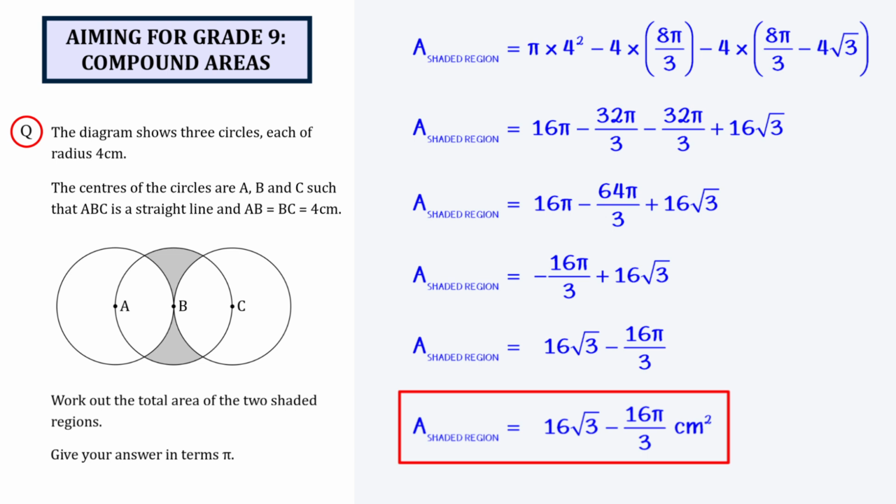Okay, so that's how you answer a particularly difficult compound area question that's suitable for those students aiming